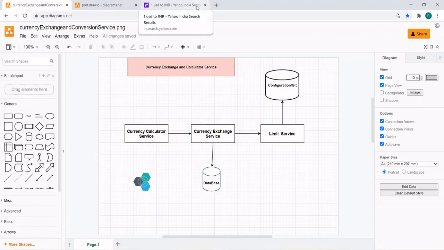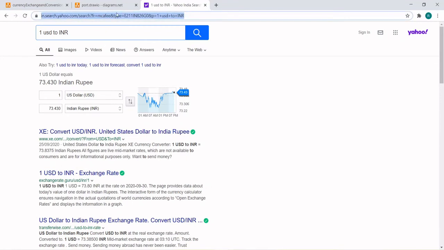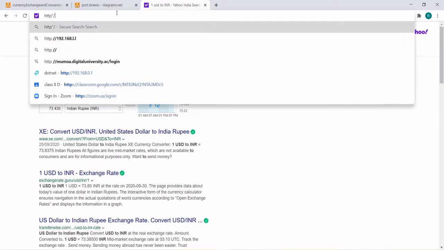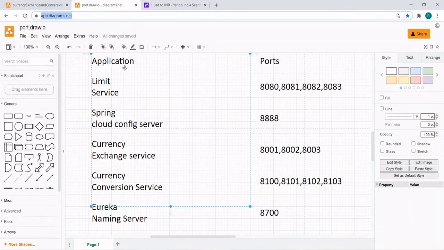So let's say you are saying, hey currency service, I want to call you, and I will be calling HTTP localhost, and then the port. If you go and see what port we defined for the currency exchange service, it should start from 8001.